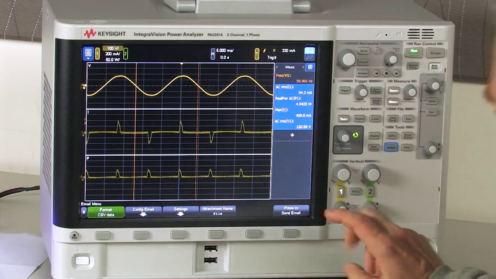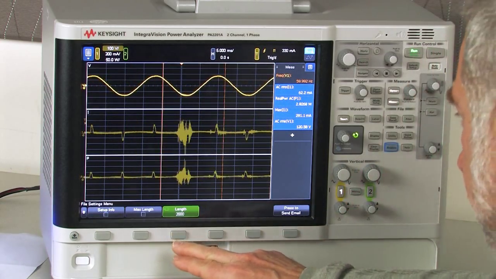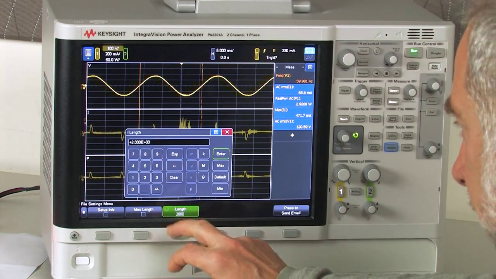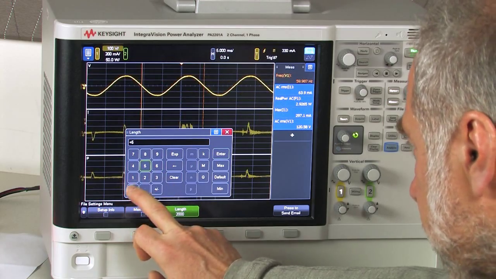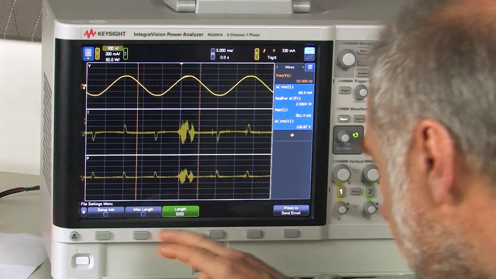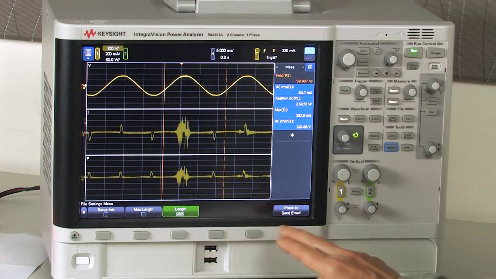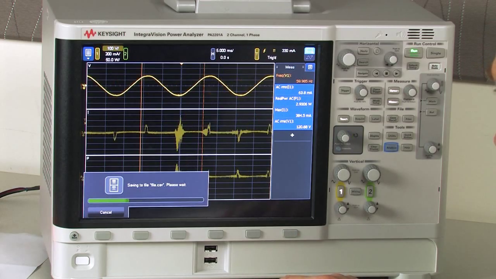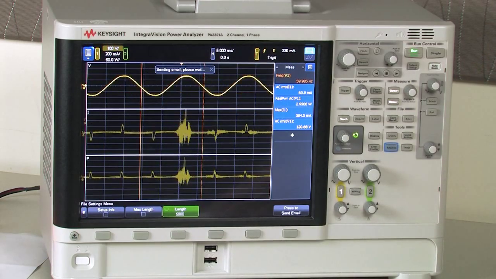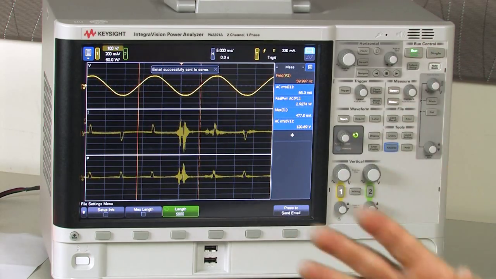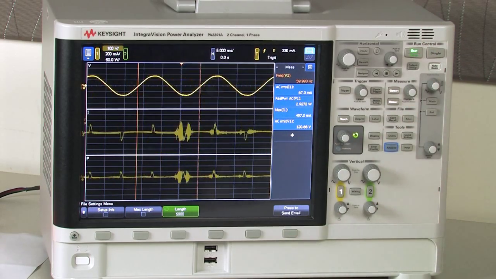Okay, so here we go. The first thing I'll do is change the settings. This is defaulted to 2,000 points, so I'll get a little bit bigger size. Let me go with 5,000 points. Enter. Okay, so now I have this set to save CSV data with 5,000 points. And I'm going to press send to email. And as you can see, it's saving. Now that data for all of these three waveforms has been sent to my email account, and we'll open up that file and take a look at that data now.